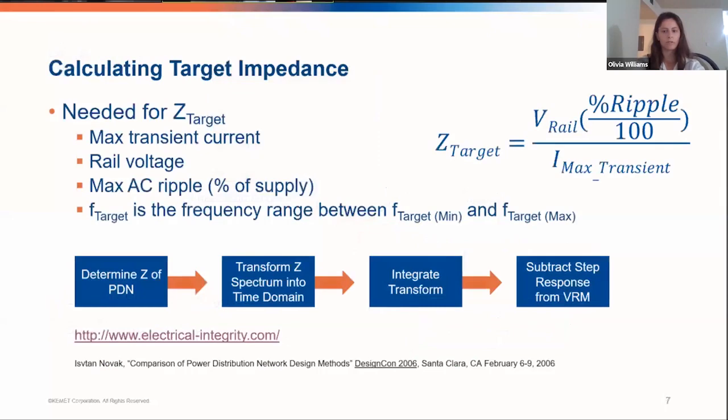First, let's talk about impedance. Why is impedance important? Well, we need the impedance to be on the same level or lower than the impedance of the target IC, so that our power distribution network can be decoupled properly and efficiently. So first, we need to calculate our target impedance, which can